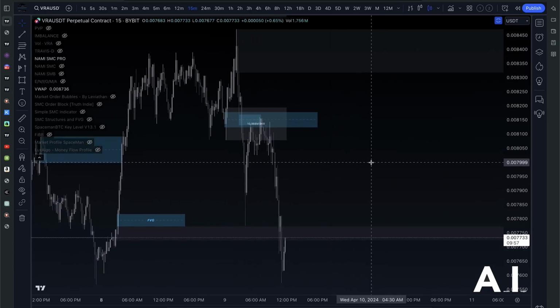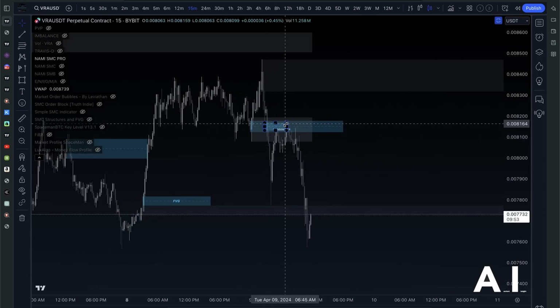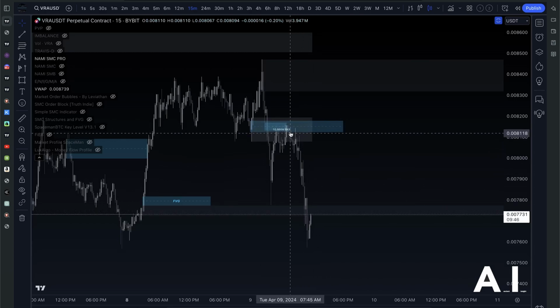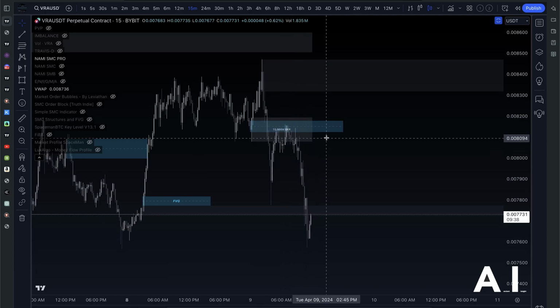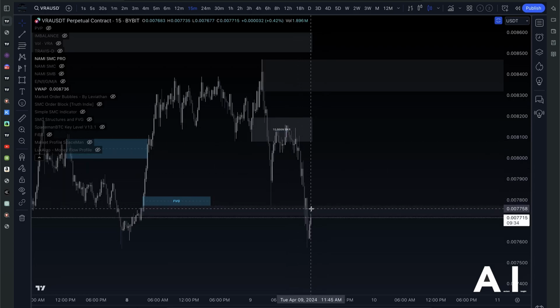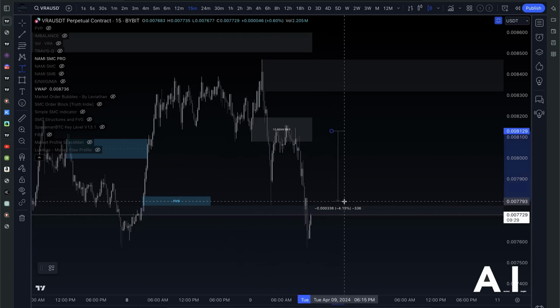So if I was scalping this currently, which I'm not, but if I was, that would have been a huge indication that we were going to go back down. And then I would have entered somewhere in here when I saw this fair value gap get mitigated, and then price goes back down. I would have scalped it somewhere around here. What would that have been? Let's just say,